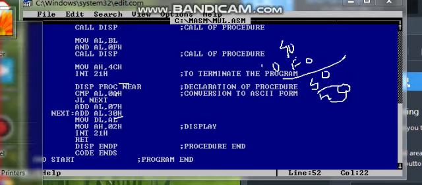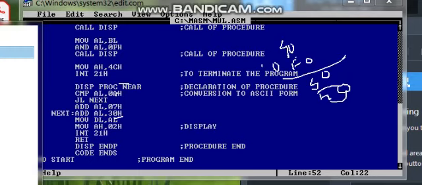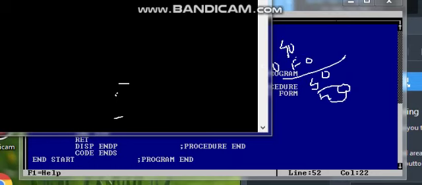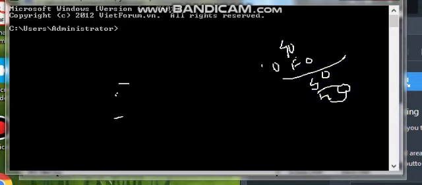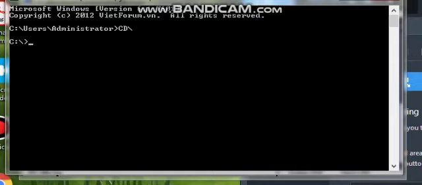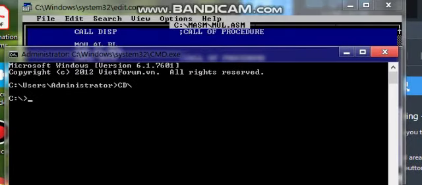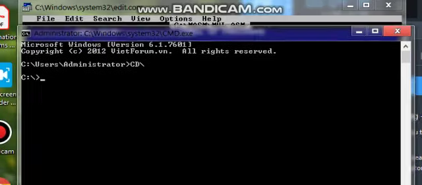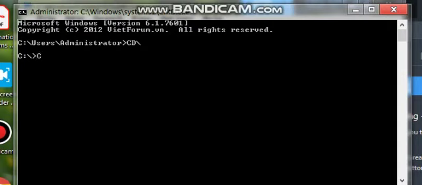On the command prompt we will run it. cd /, as our program is stored in the masm directory. cd masm.